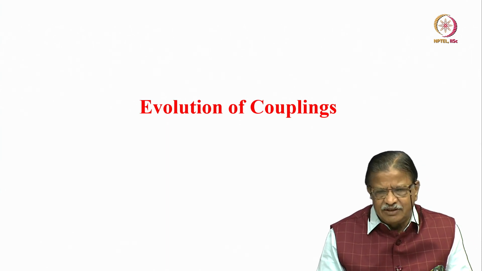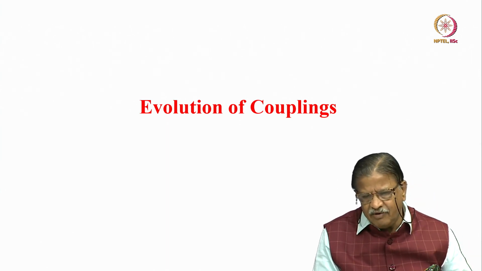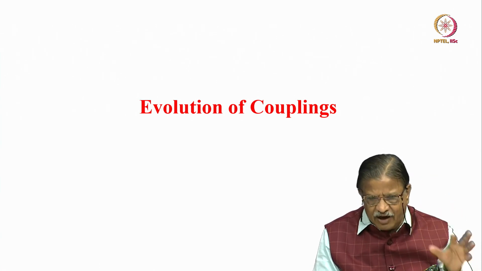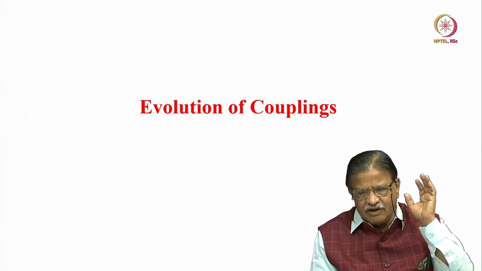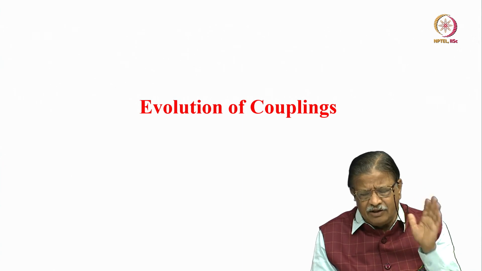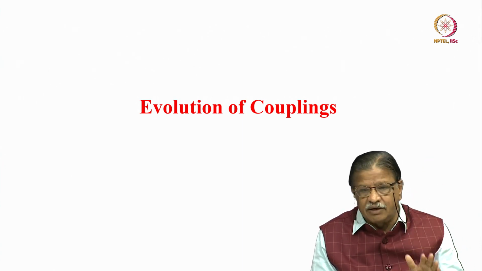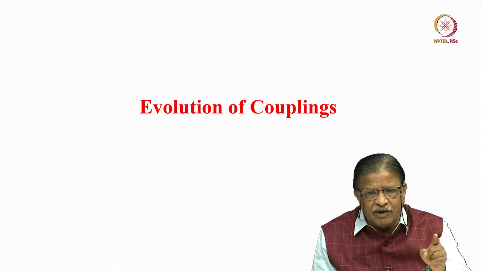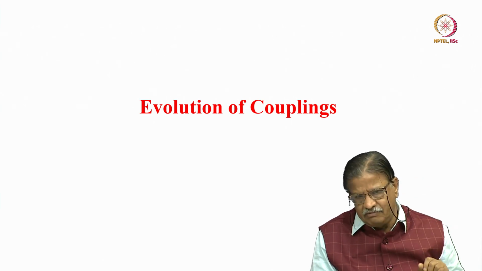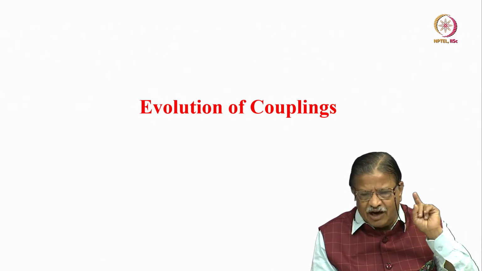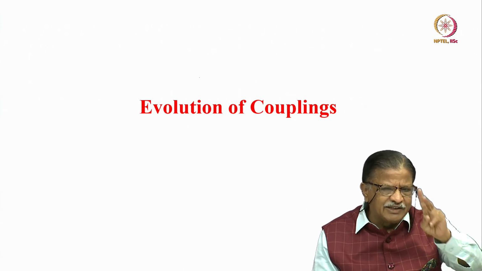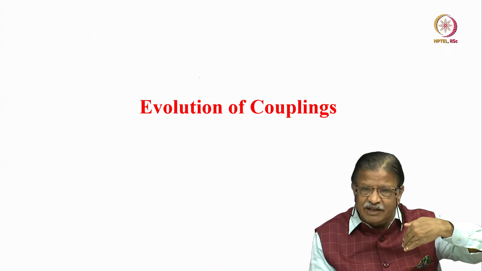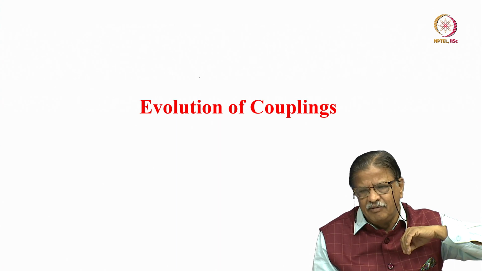But today what you understood is the evolution of magnetization, how magnetization evolves under the influence of chemical shifts, when it is on resonance, when it is off resonance. When it is on resonance, if it is a singlet, the chemical shift does not evolve at all, but couplings will evolve. In the off resonance, the chemical shift will evolve and couplings also will evolve. In the off resonance condition, if I consider a doublet, the center of the doublet is the chemical shift, but there is no peak there, but you can imagine the direction where it is moving.